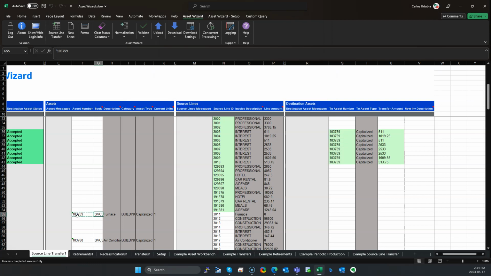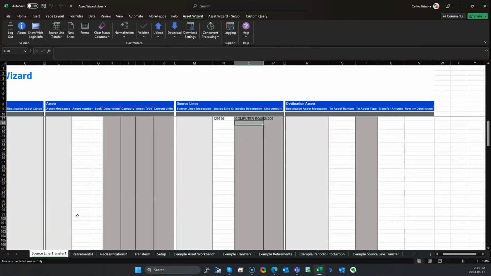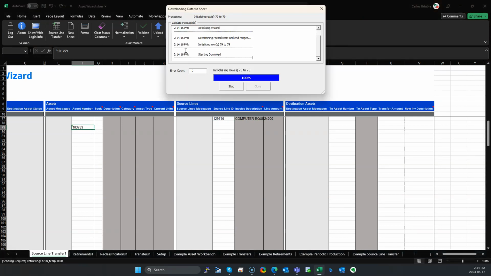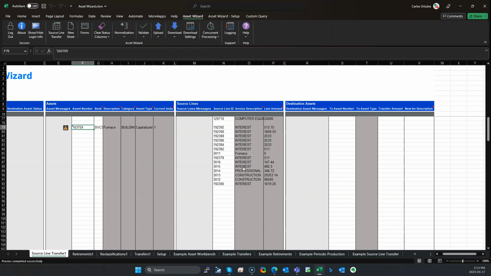Then if I come here to this asset, let me just download that asset. You will see that all those lines that I just transferred are now here and they became part of that specific asset. And that is the cool thing about this, that you can move